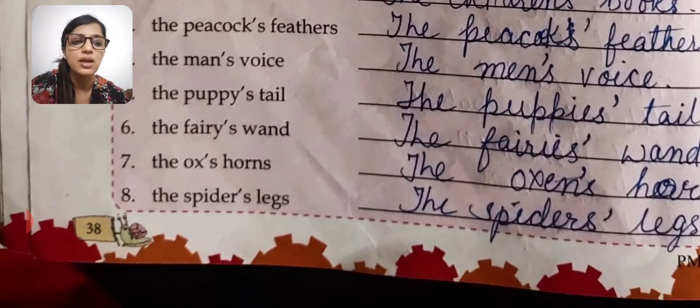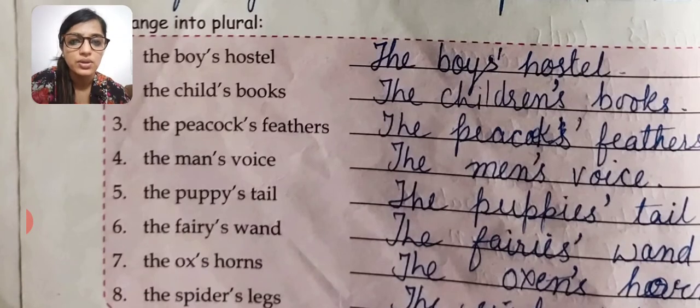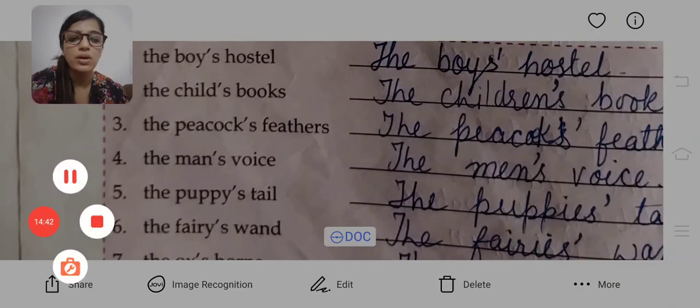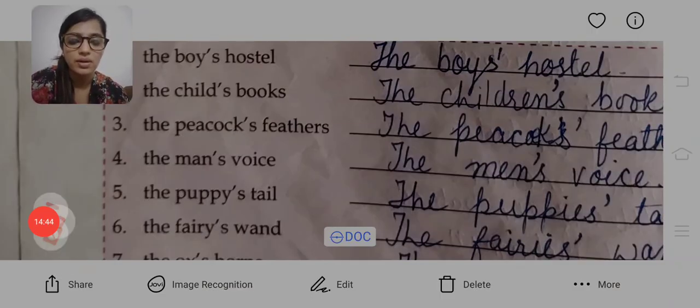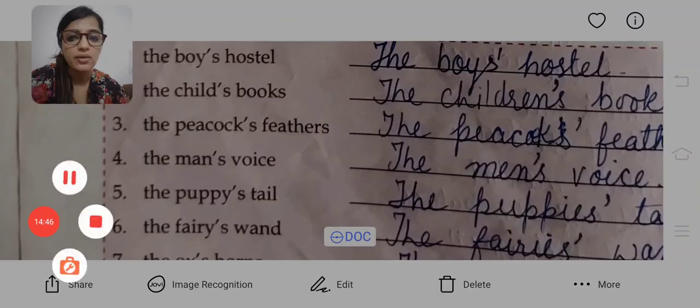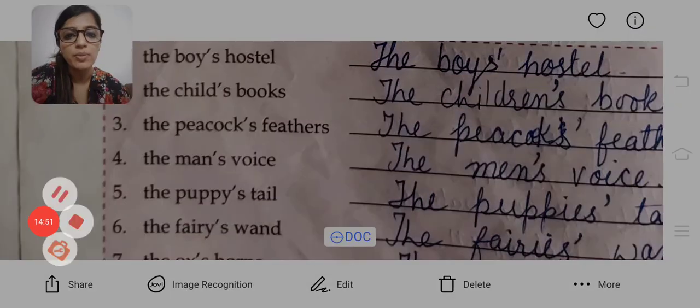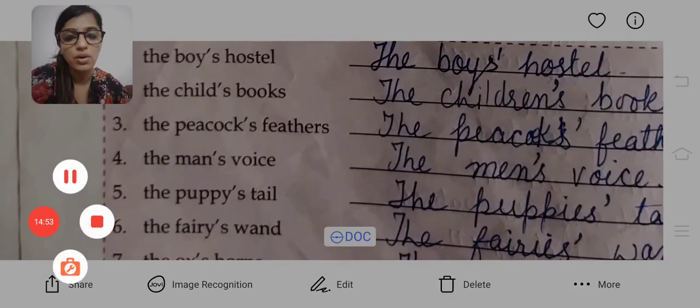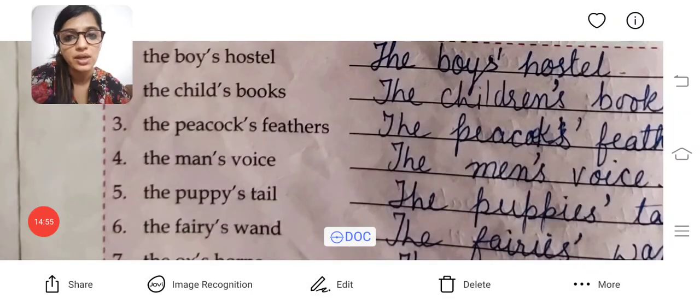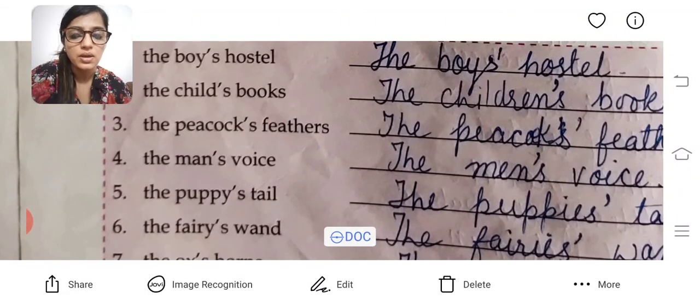So you can just see here, and if you have any doubt regarding what you have learnt about this thing, and if you are not able to know about possession and all that, tomorrow we will be discussing all the doubts of chapter noun gender, and we will be discussing all the doubts of chapter 8 noun possession also.